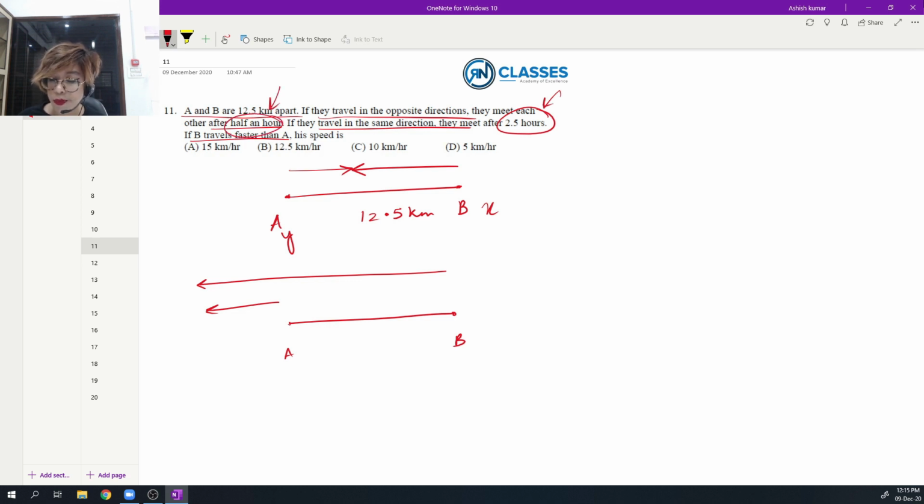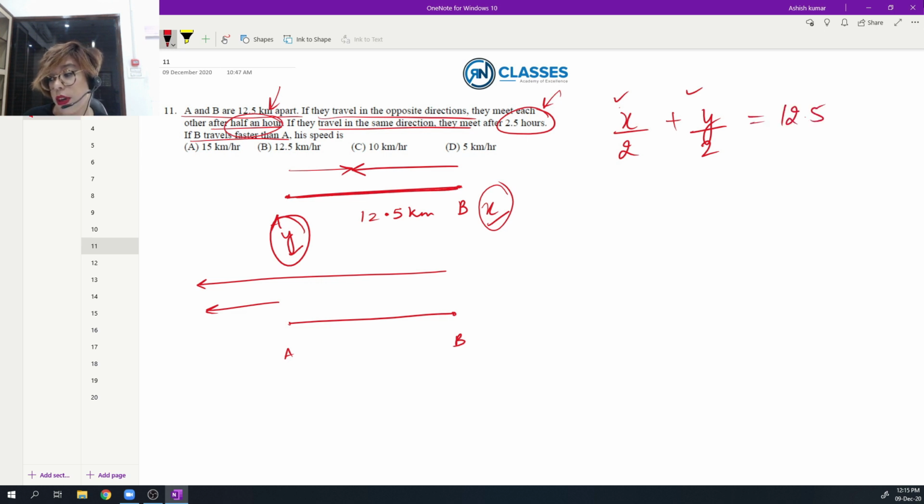So how do we use it? Now if they travel for half an hour each, their speeds are x and y, traveling half an hour each. How much distance is this one traveling? x/2. How much distance is he traveling? y/2, right? So if I combine the two distances, obviously which distance will come? This entire distance, which is 12.5, or I can say 25/2,